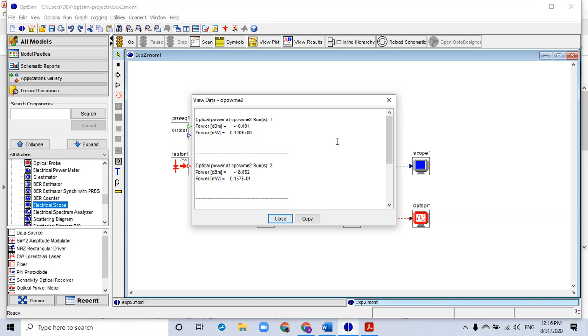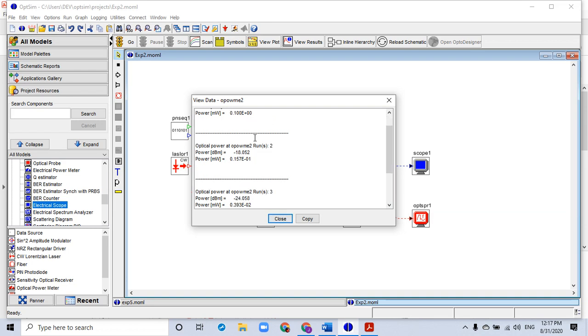So here you will have different values for all the 4 lengths of the fiber. So this is the power signal at the output when the length of the fiber was 20 kilometer, the power obtained was minus 10 dBm.